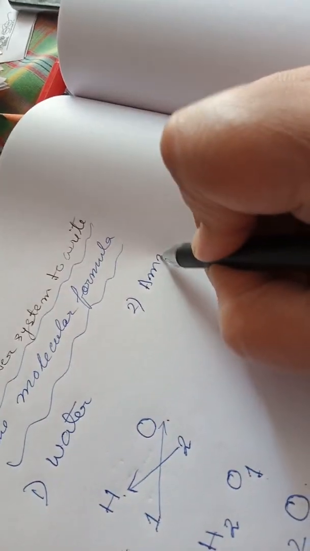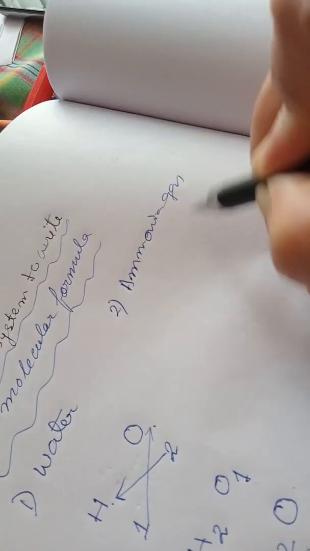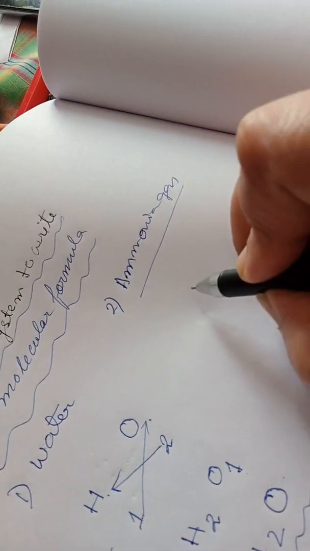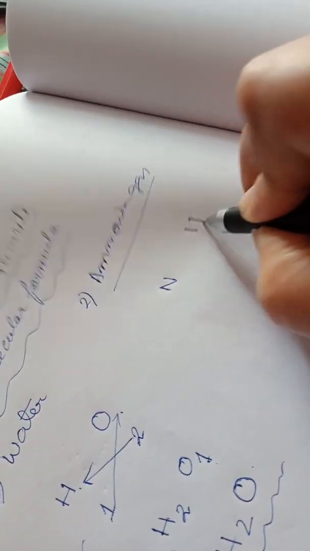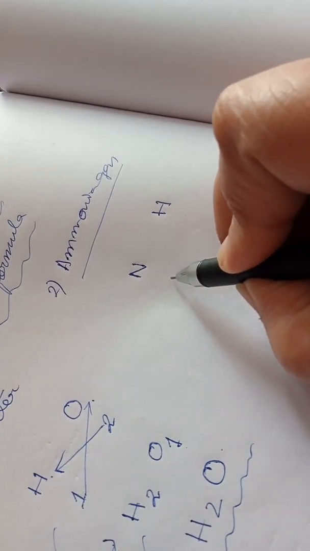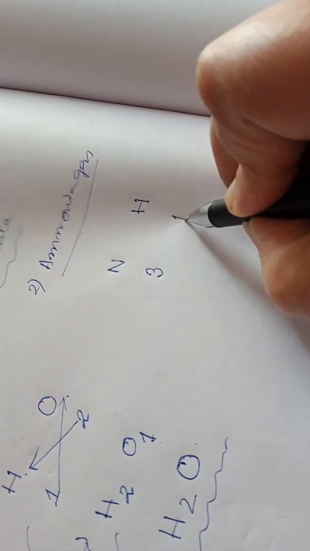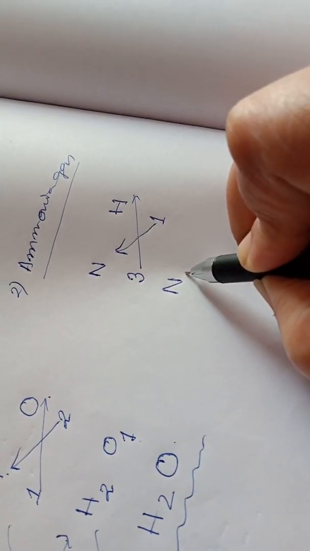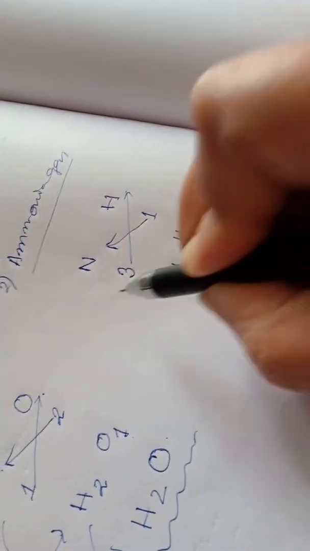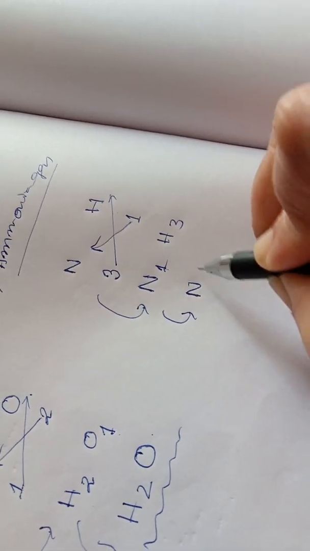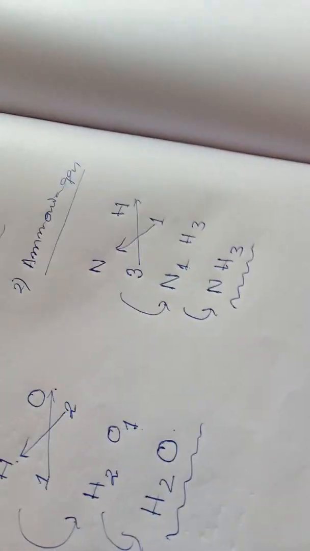Another example I am giving you, ammonia. Ammonia gas. Ammonia gas is formed by hydrogen and nitrogen. So I am writing the symbol of nitrogen and symbol of hydrogen. Then the valency of nitrogen I am writing below 3 and valency of hydrogen I am writing below. Then I am crossing over. After crossing over, what you will get? N1H3. This is the second step. That means as it is 1, so I can write finally NH3. So this is the formula of ammonia gas.